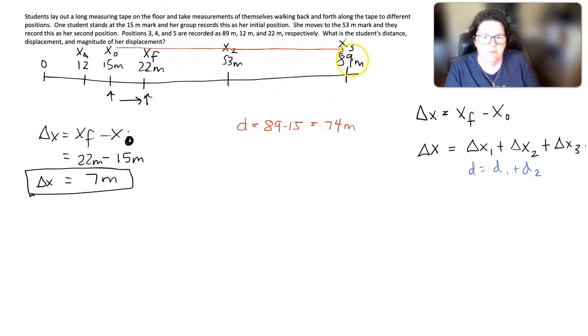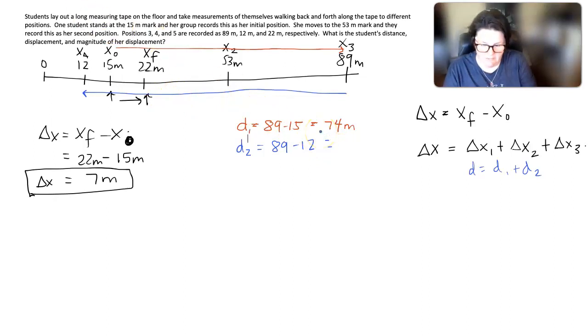Then she went from 89 to 12. She went back this whole chunk there. So distance 2, she went from 89 to 12. And we don't care which direction, so we don't need to get a negative number. And so 89 minus 12 is 77. And then from 12 meters, she moved to her final position of 22 meters. And so that third chunk is the distance between 12 and 22, so I'm going to subtract those, and that's